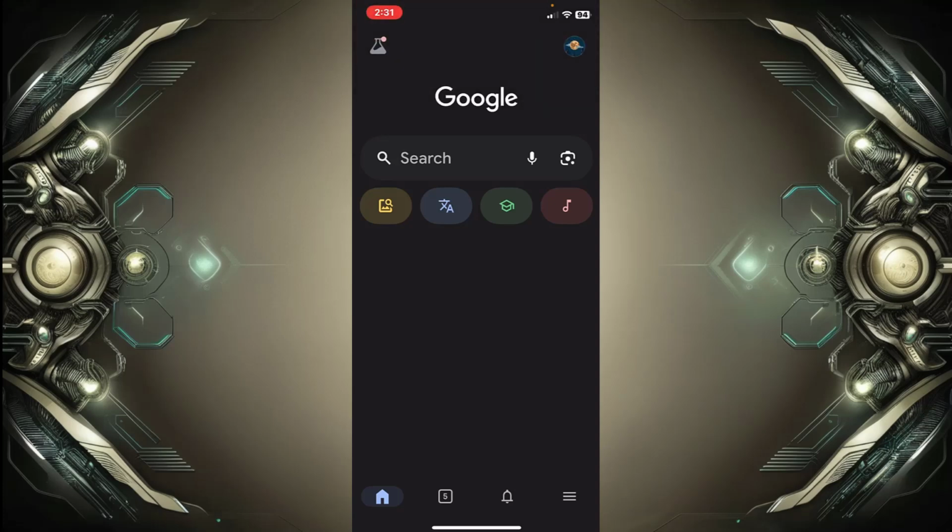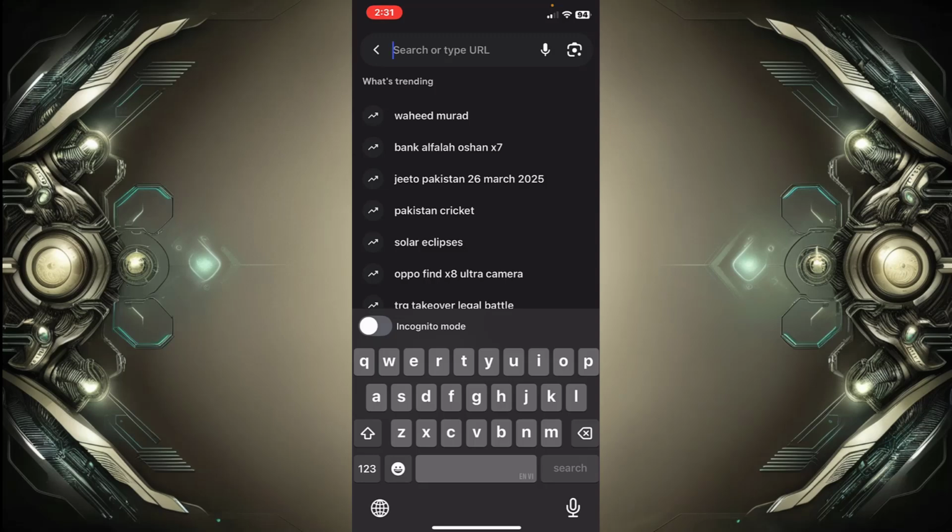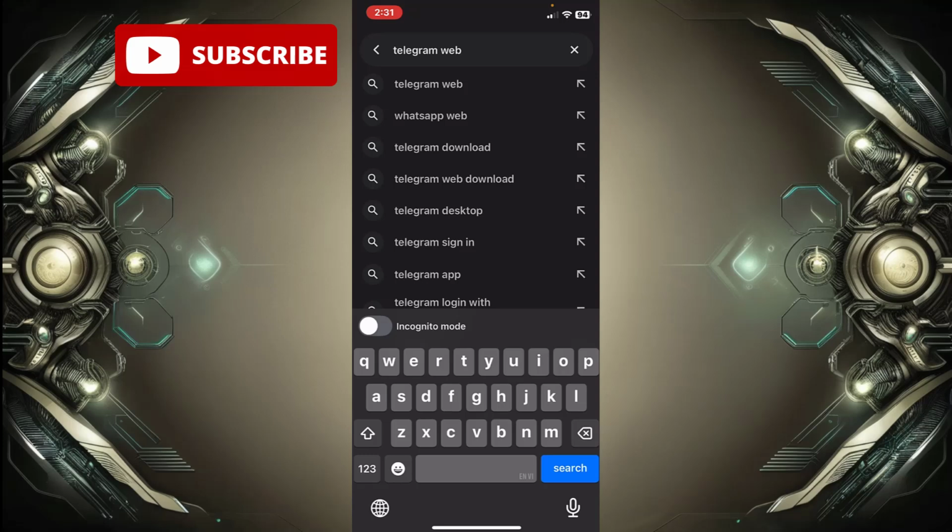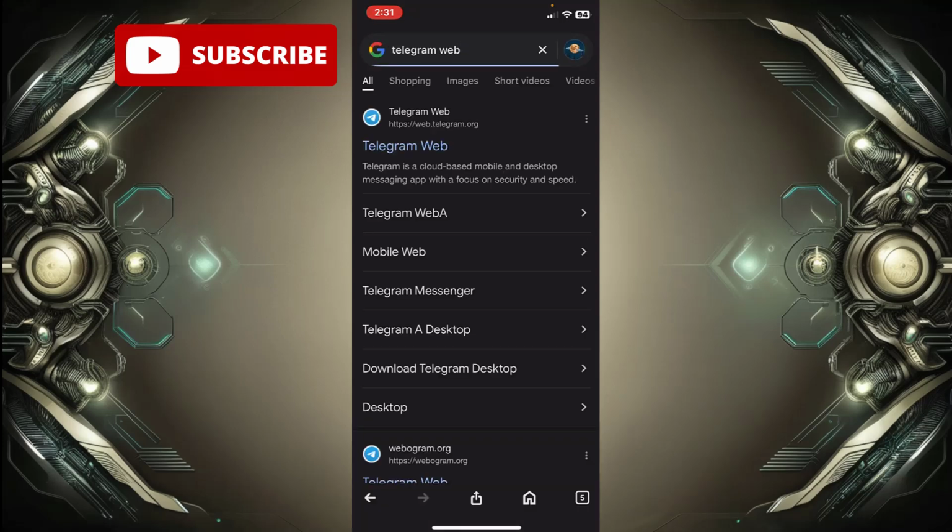In this video, I am going to show you how to disable sensitive content on Telegram. First of all, you can open any browser that you use. I can open Google. So now you can tap on search here. And after this, you can just simply search Telegram web. And you can just simply click on the first link, Telegram web, and after a few seconds of loading you